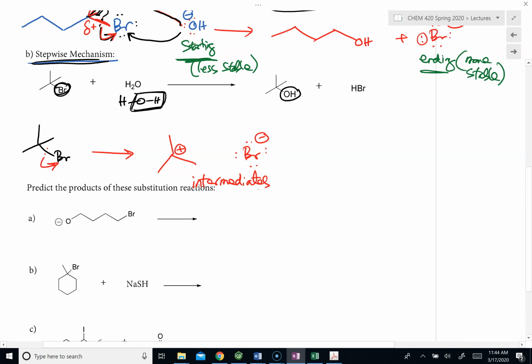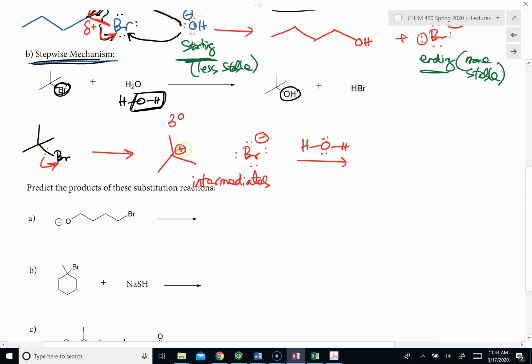And in this case, we have a tertiary carbocation. Now we know that tertiary carbocations are more stable compared to secondary or primary. So this is one of the reasons why it can happen. It can happen because we are producing an intermediate that is somewhat stable, but still not stable enough to exist by itself. And once we have produced these two intermediates, to form the product, that's when we have water,